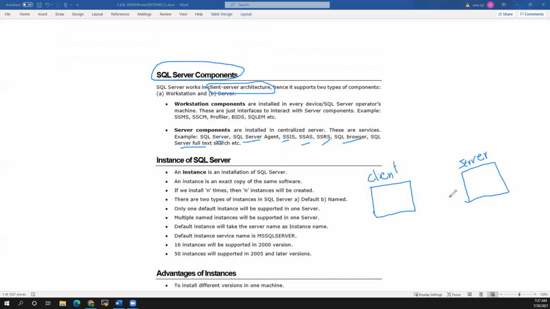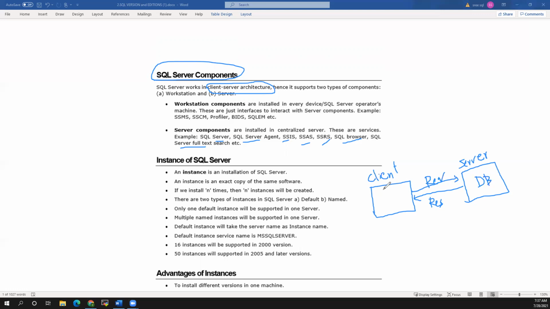In general, the request goes to the DB server and the response comes from the DB server. This is a request, and this is the response. We can call this client server architecture. The request goes from the client, the end user, and the response comes from the DB server.